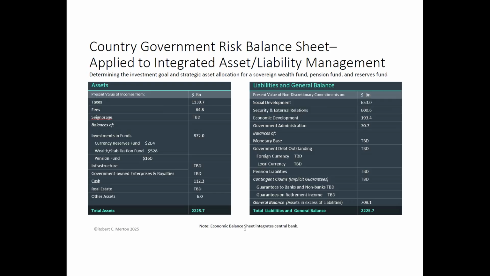On the left side, I'm not going to spend too much time, but it's important to distinguish it. A lot of things are on this balance sheet that don't appear on the official balance sheets, because that's not the application. What we have here is all the assets of the country. We can talk about how you go about estimating all of this if you have questions, but that's not the point. So you have taxes, et cetera. This is a hypothetical, but you could have two or three sovereign wealth fund type things, some specialized to pensions, others generic for the country. And then you have state-owned enterprises and so forth.